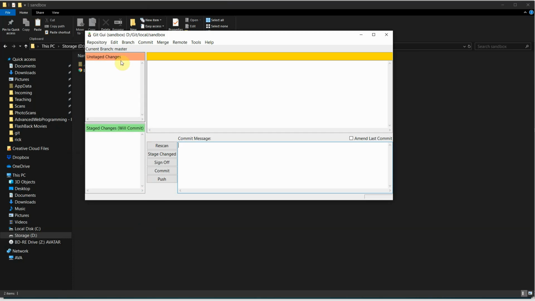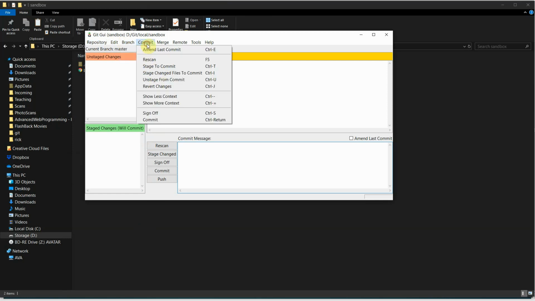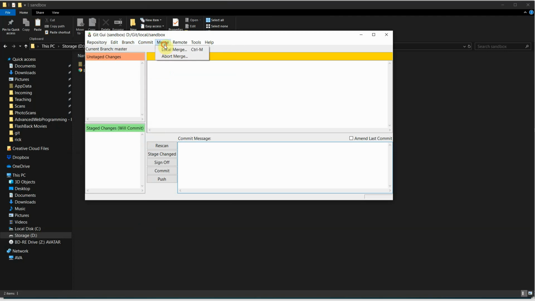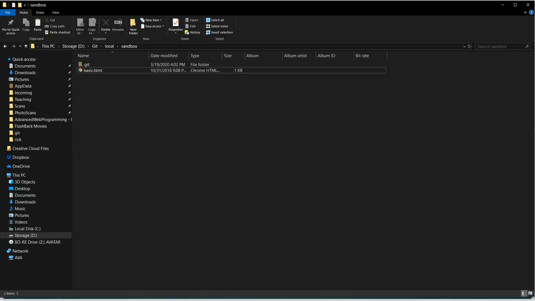Unstaged changes, staged changes, you'll see that there's a lot of commands here with respect to branching, committing, merging, fetching from remote. There's a lot of options here. This is not my go-to GUI. We'll show you some others because there's plenty of free ones out there. One of the more popular ones that's free, or I shouldn't say free, there's a free version of it, is